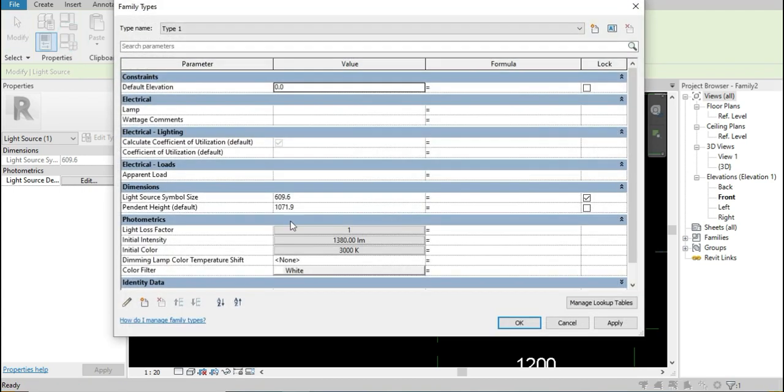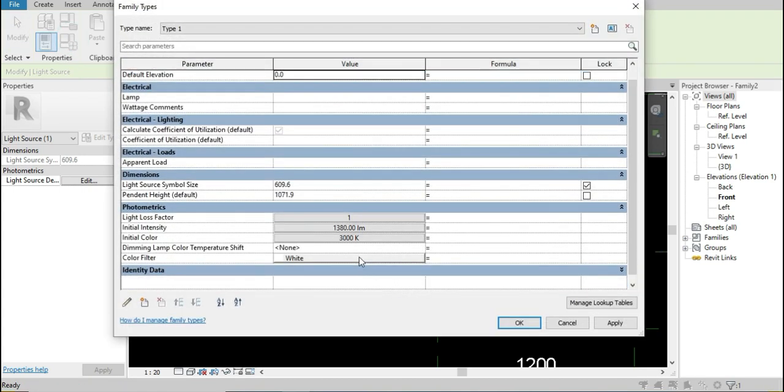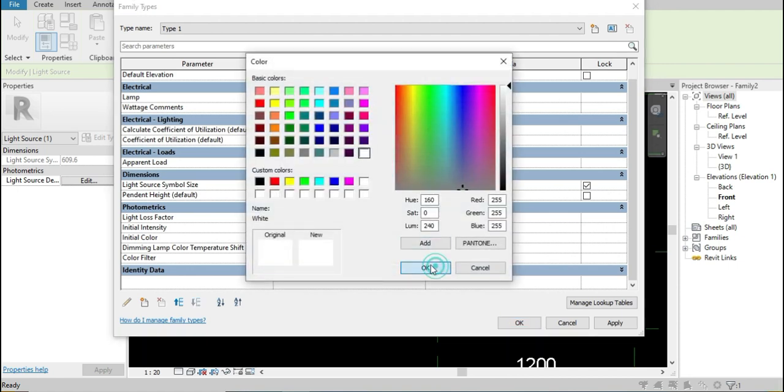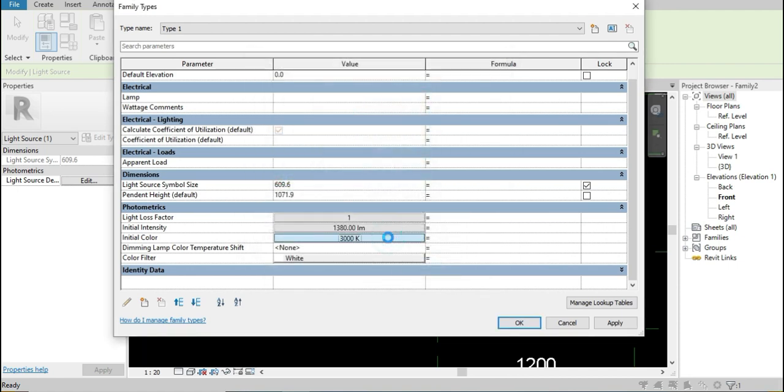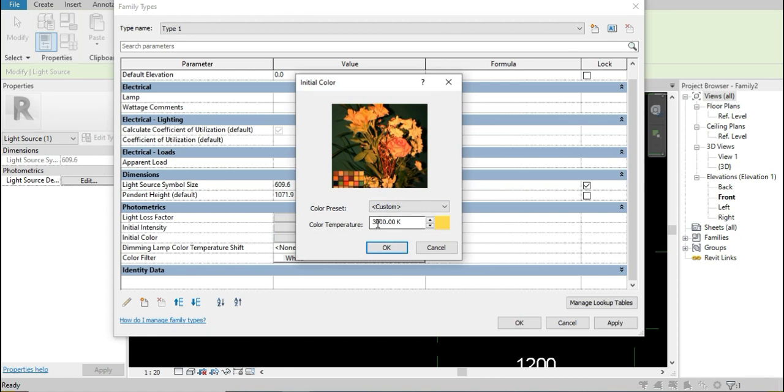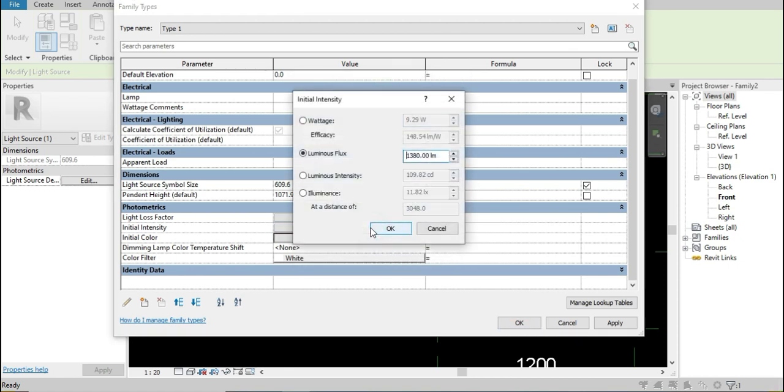When you click on family type properties, there are some lighting source settings available, like light loss factor, light source, initial intensity, initial color, and color filters, etc. So I will change some color, and we'll see the effect.